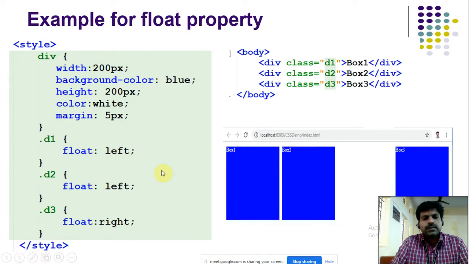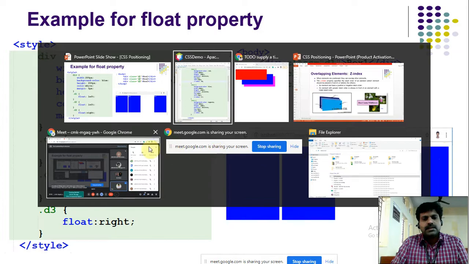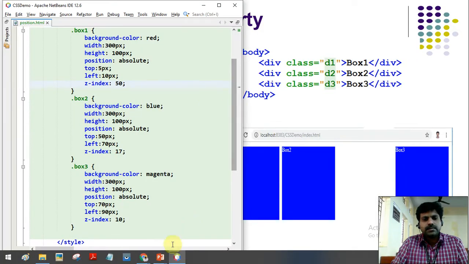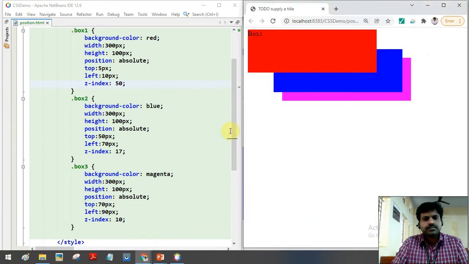When you use float left, box 1 will come to the left side, and for box 2, if you give float left, box 2 will come to the left. Also we can use right. When you use right side, box 3 will go to the right side. The same example we can apply this technique to. Let's see that. Now I will remove this position